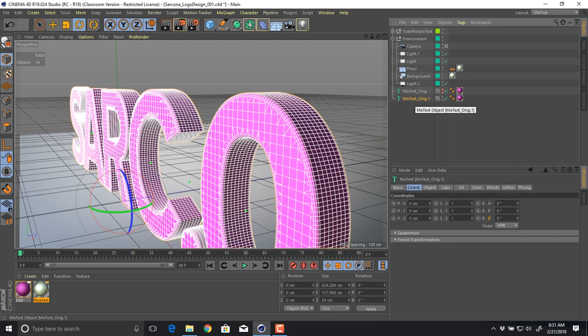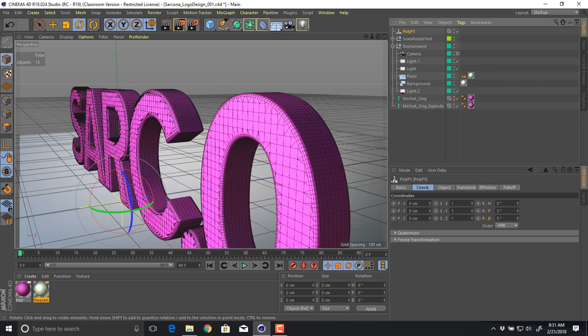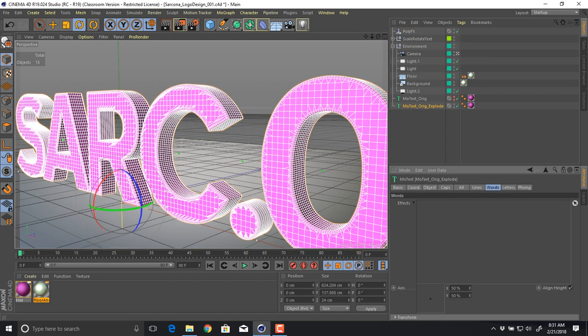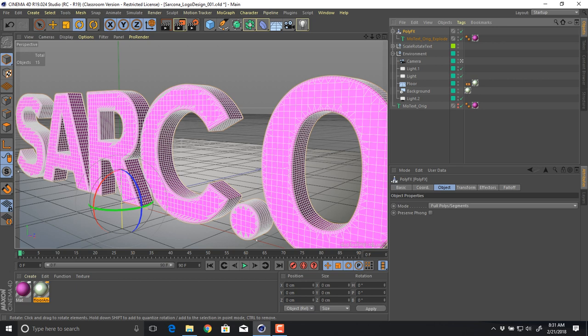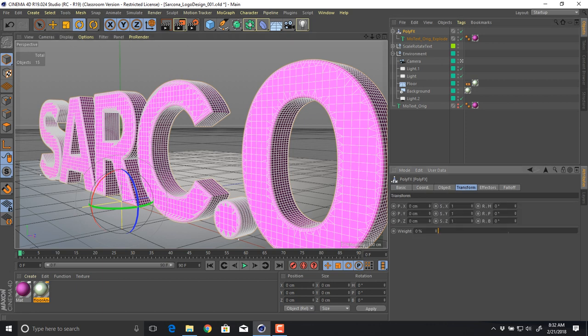So I'm going to grab my text, which is right there, and I'll just rename this explode. Cool. And I'm going to go to my MoGraph, and I'm going to go to my PolyFX. Okay. Now, by default, the PolyFX, by me just clicking on that, doesn't do anything. You'll see that there's no connection here at all under any of my stuff. This has to be connected to it. So I drop this into that. And now it's actually like a separate piece. Okay. Now we can't see that they're separate pieces because they're still in the exact same spot. If I go to the PolyFX and I go to my transform and I move it,